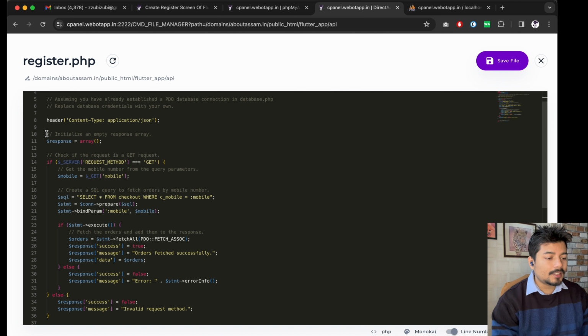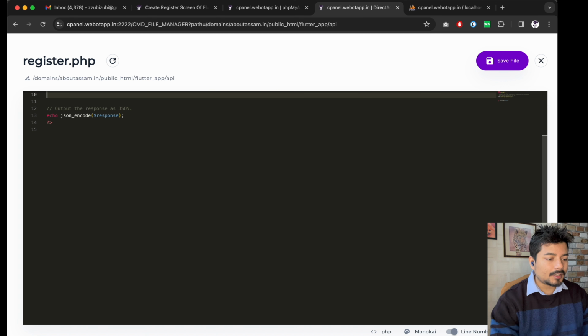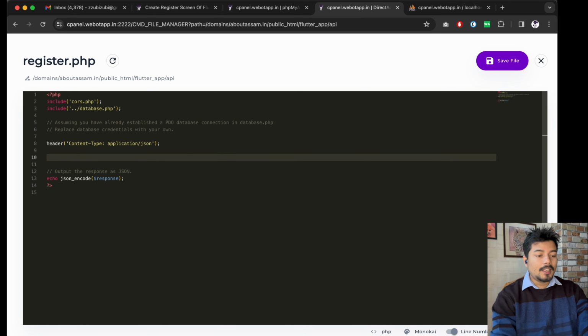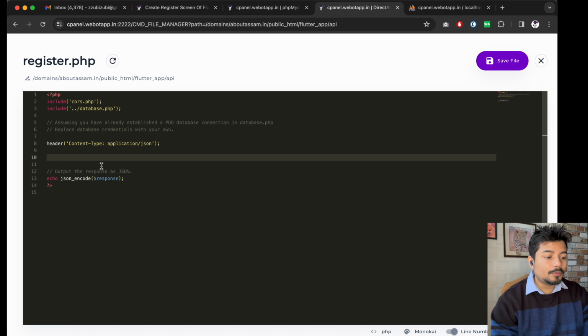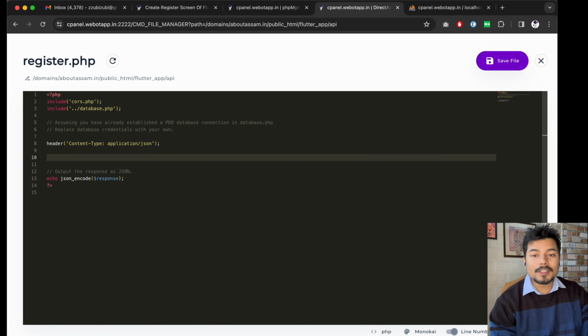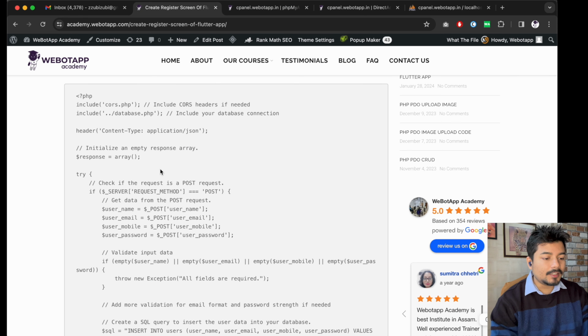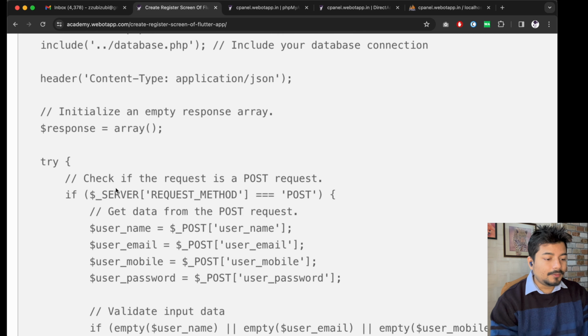And now from this section, from line number 10 to line number 36, we have to delete the entire code, and in the place of this code which we have previously used for fetching, I think, yes, the previous code we have used for fetching the data from the table called checkout. Now instead of fetching data, we'll be posting the data, or we'll be inserting the data with the help of this API. So if you just go to this blog, and here I have already written that if the server